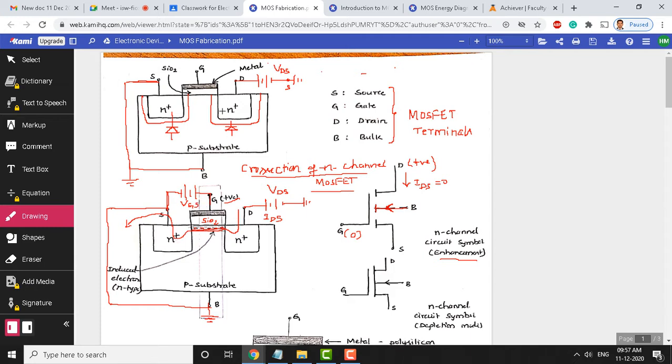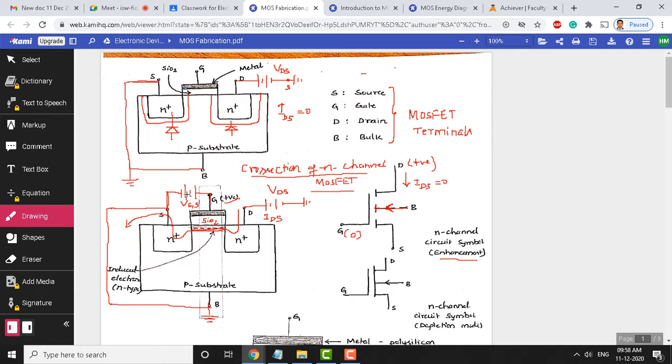Earlier, you have seen in the first case, when gate-to-source voltage is not applied, even though we have applied drain-to-source voltage, there was no current flow. In this case, IDS was 0, because though we have applied VDS, the source and drain regions remain isolated. Whereas here, once we apply positive gate voltage, negative charges are induced, which forms an induced channel. The induced channel now carries the charge carriers from drain to source when VDS is applied. So, both voltages are necessary for the current to flow. With the help of VGS, we can control the current movement from drain to source.